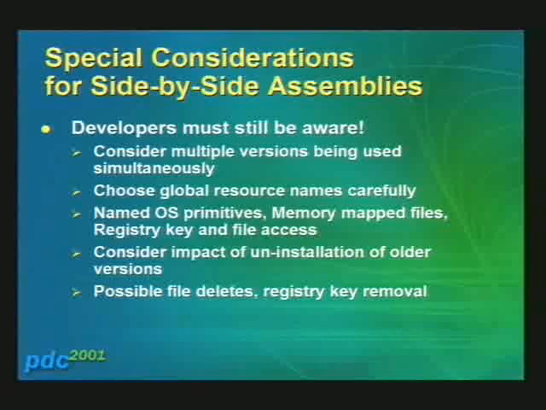Another important thing is that you want to consider uninstallation. So you want to make sure that these two things can work side by side, and you want to make sure that the user can uninstall version 1 of your assembly without breaking version 2. How would you do that? Very simply, creating a registry entry that's used by both of them, uninstall V1, and you just remove the registry entries that were used by V2, right? Create a file during install, uninstall V1, you delete the file, and now you broke V2 because the file that you depend on is not there. Maybe it's configuration information. So while side-by-side is really cool, really compelling, there are added considerations for developers